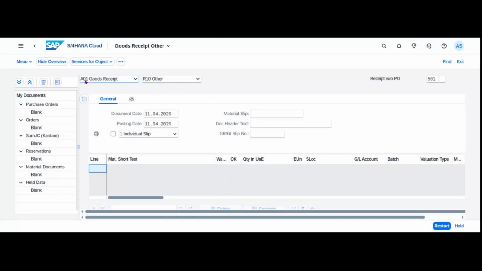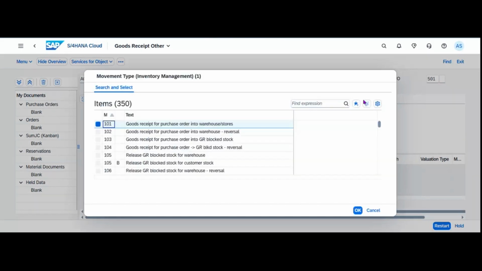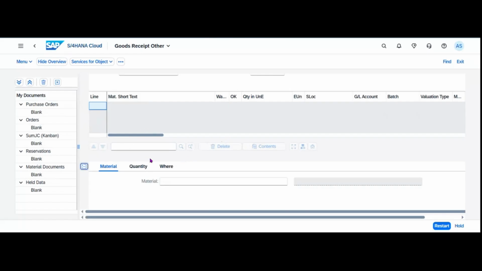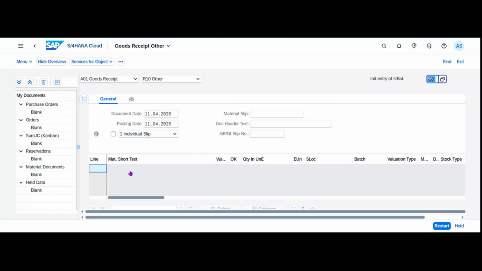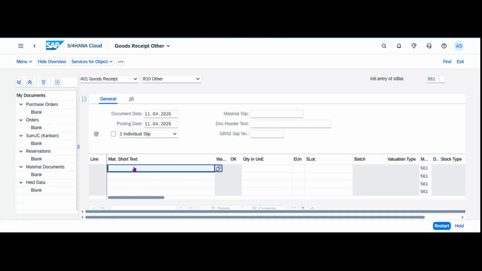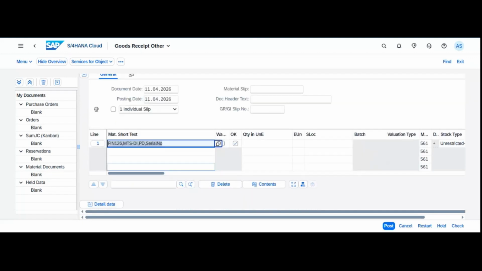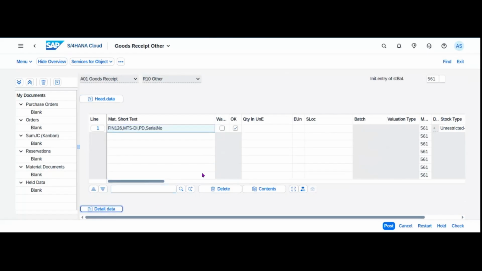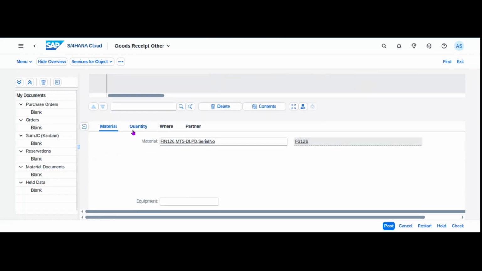Okay, you have A01, R10, order. Then the movement type, 561. Receipt per initial entry of stock balance. Okay. The next, I can enter the information from materials. So, okay. The material, FG126. I can enter the information there, or I prefer to enter the information in the detail. So material, okay. Quantity, for example, 100 pieces, enter,